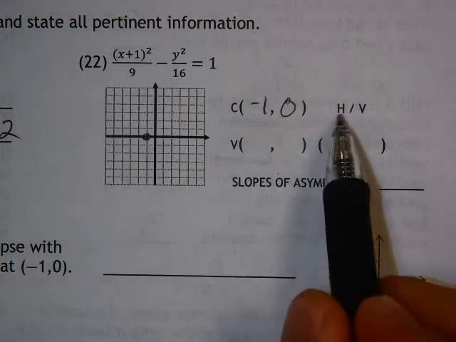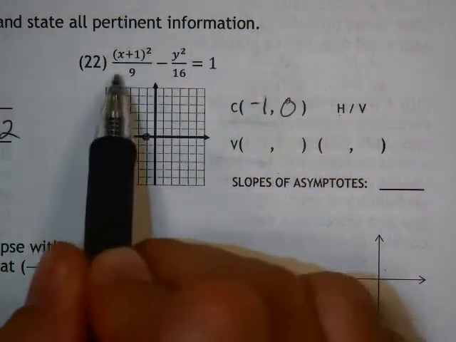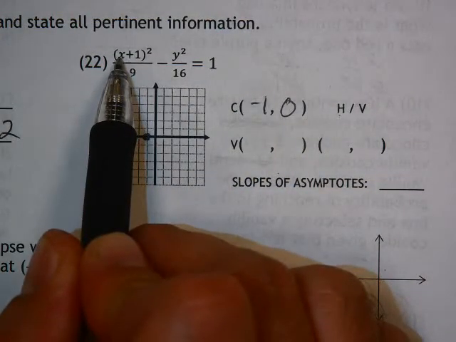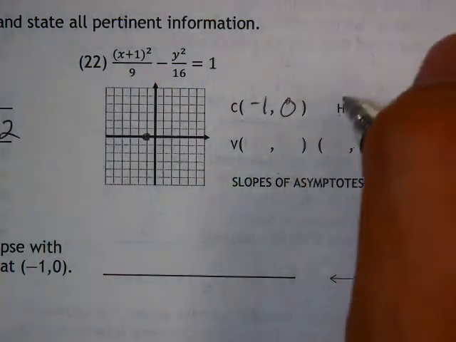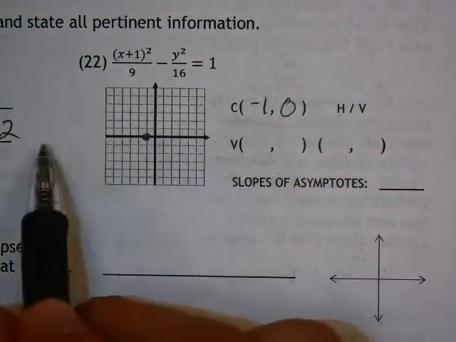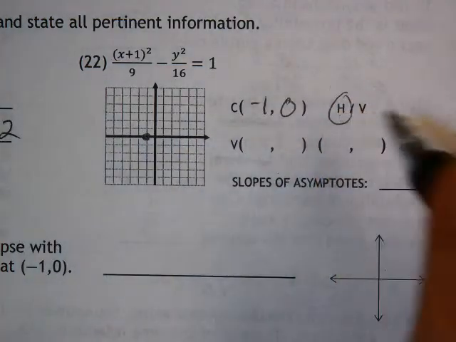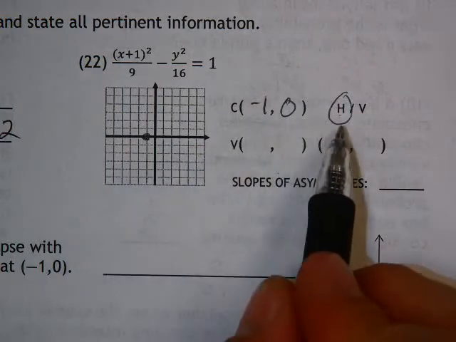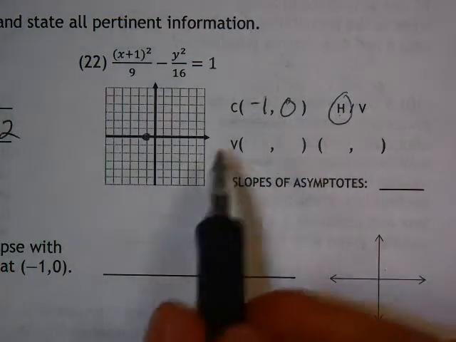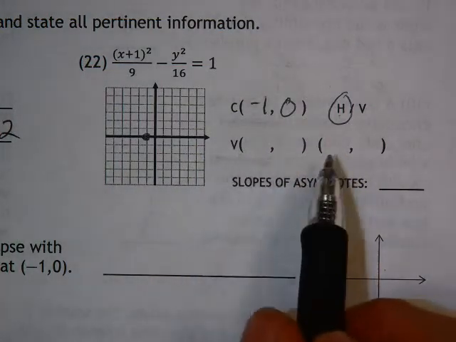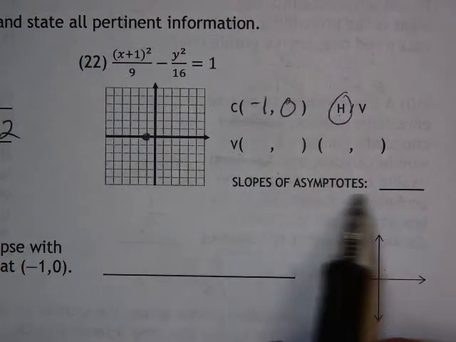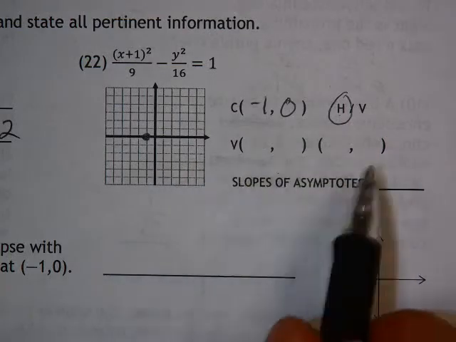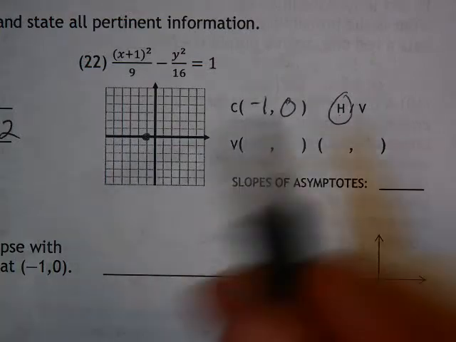For h or v, horizontal or vertical, we look at the very first variable. The first variable is the x. That tells us that it's going to open left and right, just like your x-axis goes left to right, which means it's horizontal. These are your vertices. And then the other thing we need is the slopes of the asymptotes. And it's actually easier to get that stuff once we graph it. So if we go back to graphing,